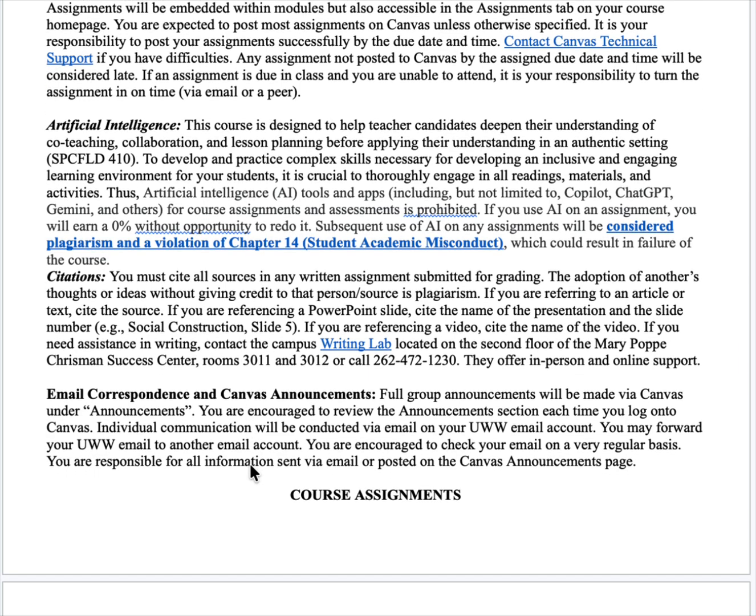Okay, artificial intelligence. So this course is designed to help teacher candidates deepen their understanding of co-teaching, collaboration, and lesson planning before you're expected to apply it in an authentic setting. So in order to develop and practice the very complex skills necessary for being high-quality teachers, it's crucial that you actively engage in the readings, materials, and activities that are part of this course. What that means then is that artificial intelligence, or AI, will not be allowed for any assignments in any part of this course or 410,